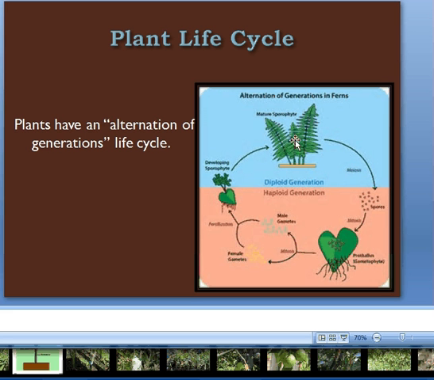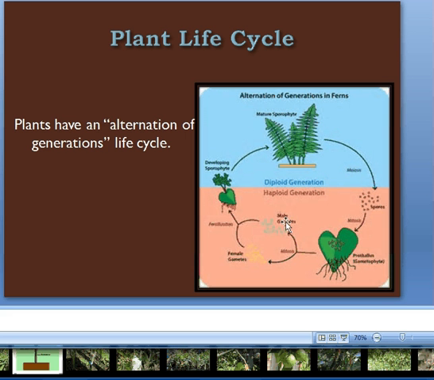There's actually two forms in plants. Some you can see more predominantly than others. But this is a really good one, and it's fairly simple when you talk about a fern, because we've all seen ferns. Spores fall to the ground. A little gametophyte will grow. There's the little roots. Inside this little gametophyte, you see the male gametes and the female gametes made, and then